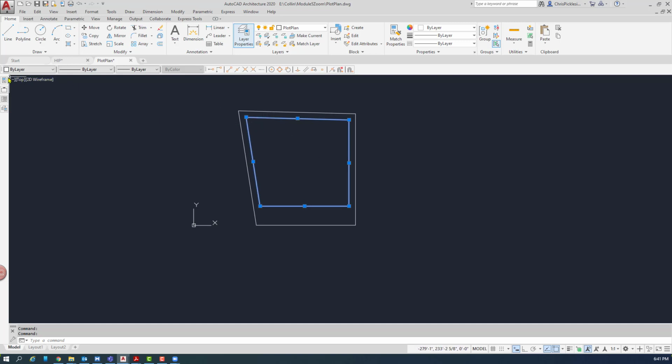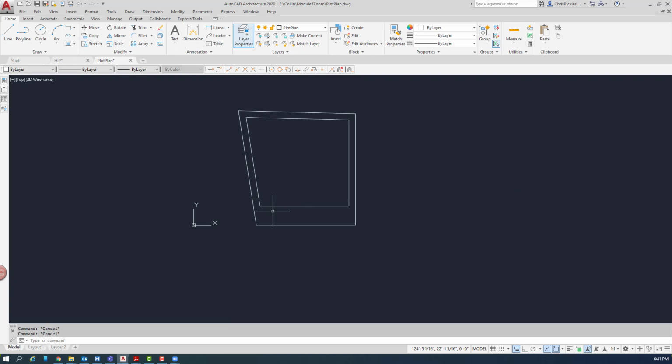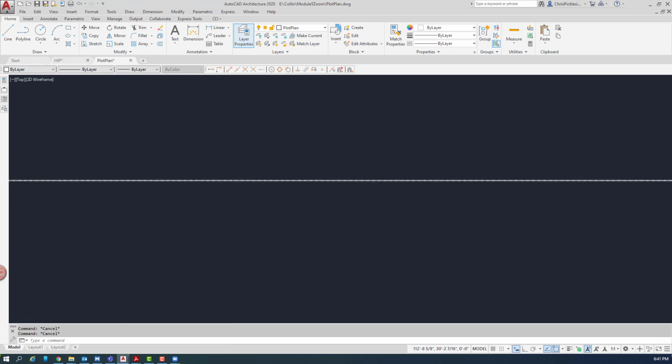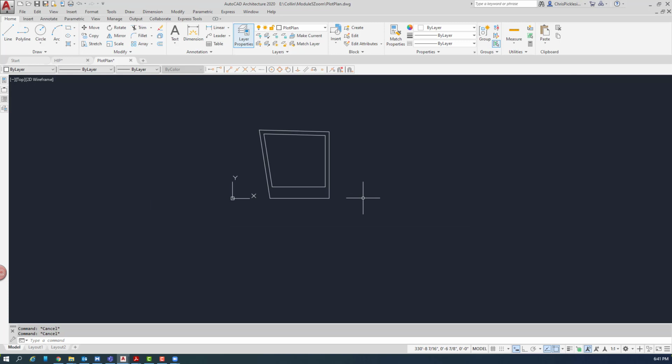Now that I've got those selected, if I go back to my properties palette and change my line type to phantom, if I scroll in, I can tell that it's phantom, but we're working with such a large object, a large piece of ground, we don't see them. So there's a trick, a system variable that we can change that will make those look phantom for us. And if you type in one word, LTSCALE,